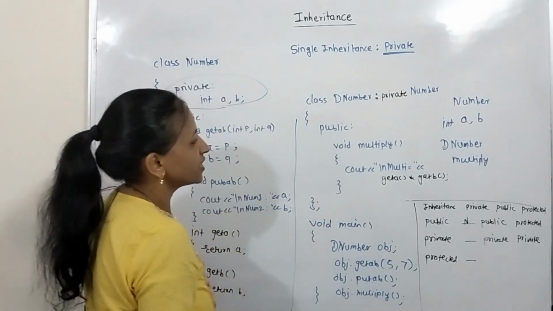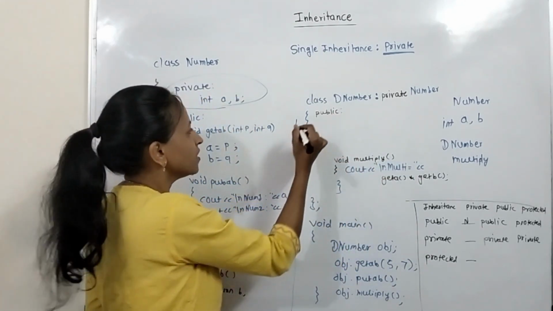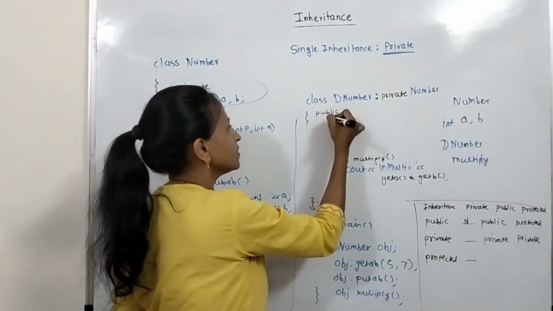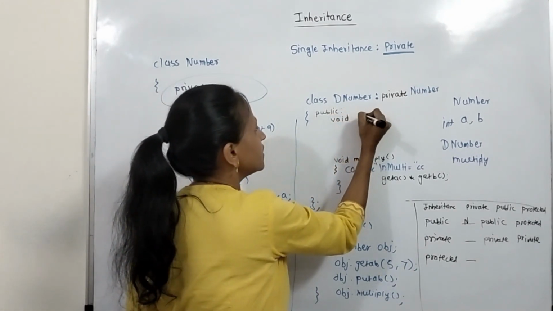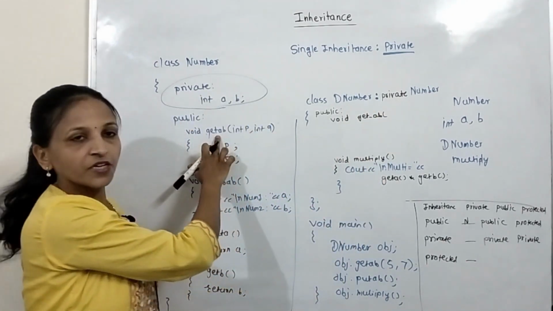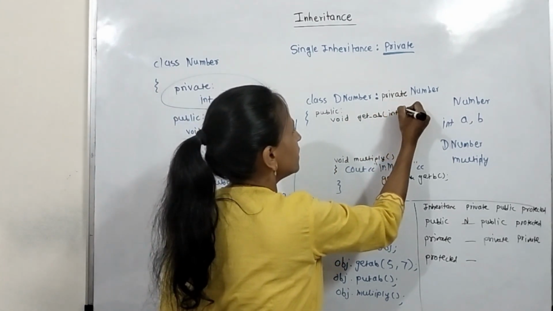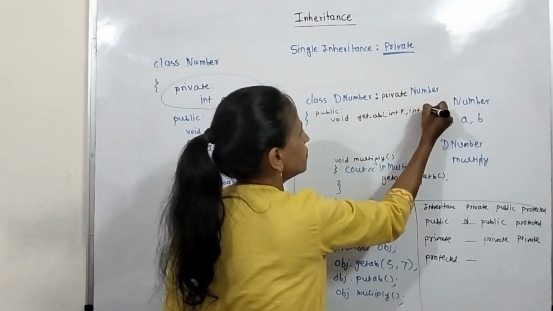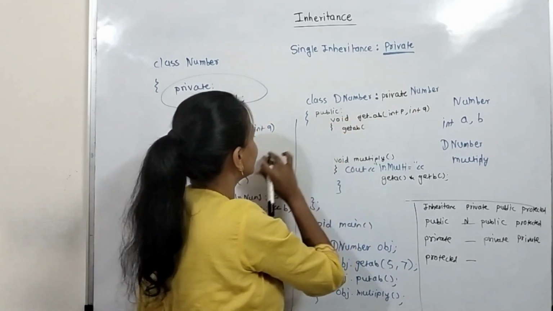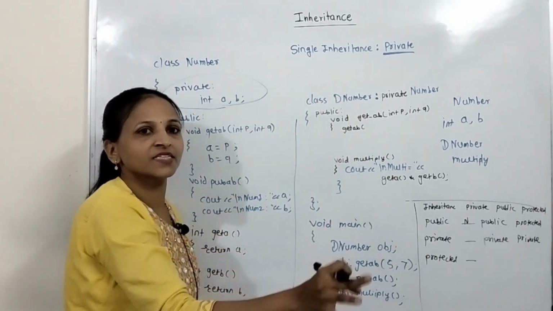Now what is the solution here? In this case we have to just write two more methods here to call this getAb and putAb. How simple? Void, here I am writing get underscore ab. See here there is no same name, the name should be different. Here integer p, integer q, and here I am calling that getAb of base, because that is inside the private section of this class, that you can access inside the public section.